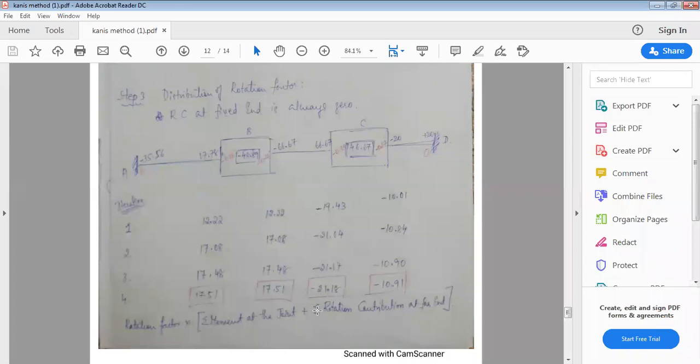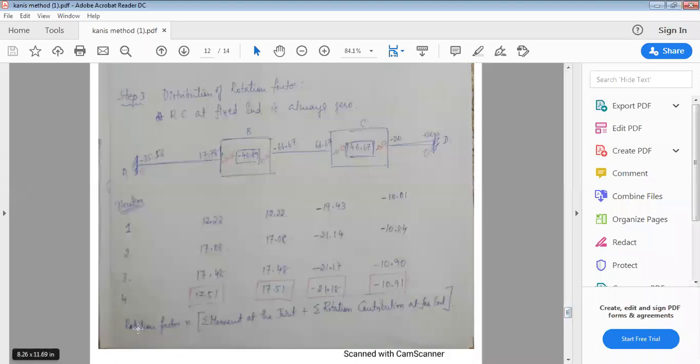Why has he given summation? If more than 2 joints are there, then it will be useful. Suppose we have another joint here, at D also it is continuous. A, B, C, D. After D, I am having E. So whenever I am calculating C, I will take the B value and the D value. You will understand this when calculating the frames part. But as of now, remember, summation of rotation contributions means for C, if D is also existing, we'll take these 2 values. Just a note. At the frames part, we'll see that.